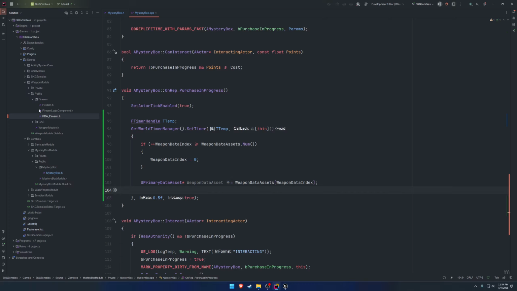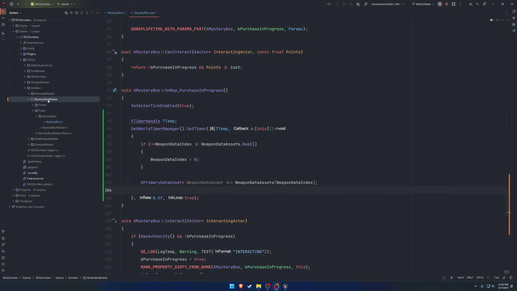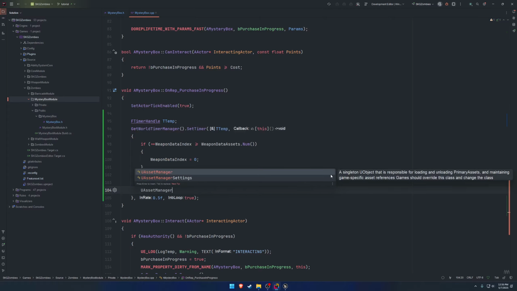Well, because we made it a separate module here, we don't have direct access to the weapon module or anything like that. We could make a dependency to the plugin which implements SKG PDA firearm that we just looked at. But there's a way we can do this without having to add more dependencies. So what we want to do is first look at loading just the assets. So asset manager dot get,